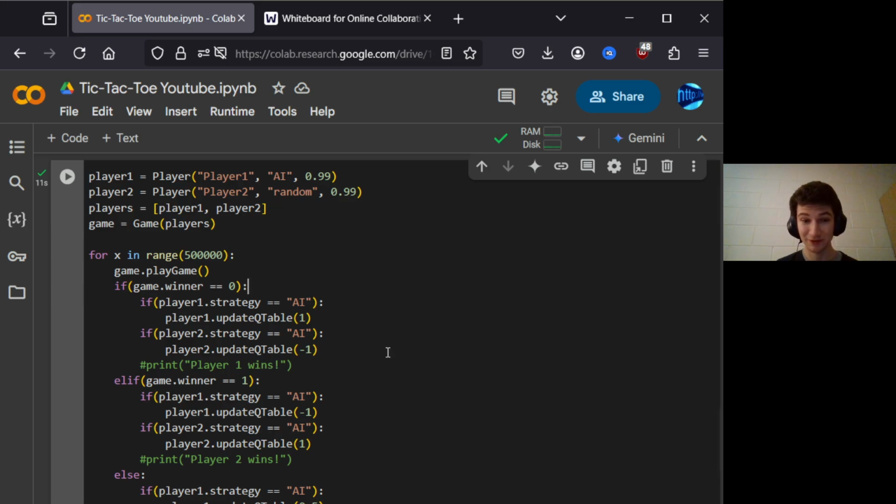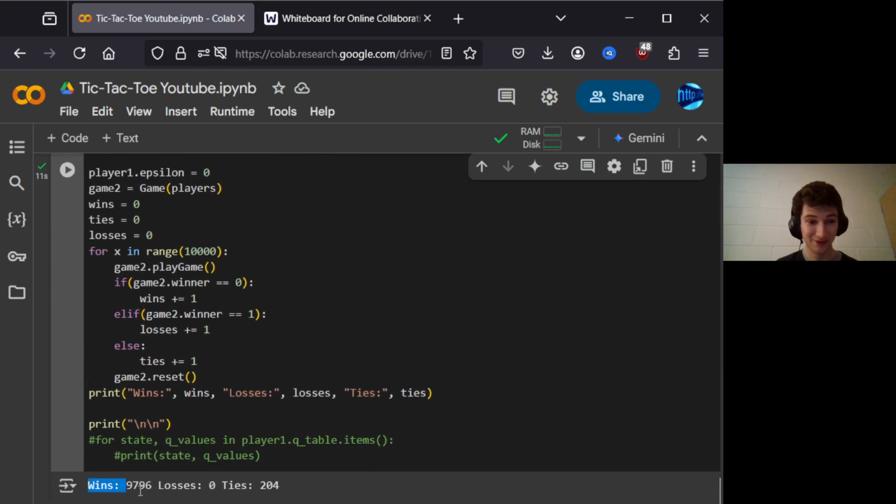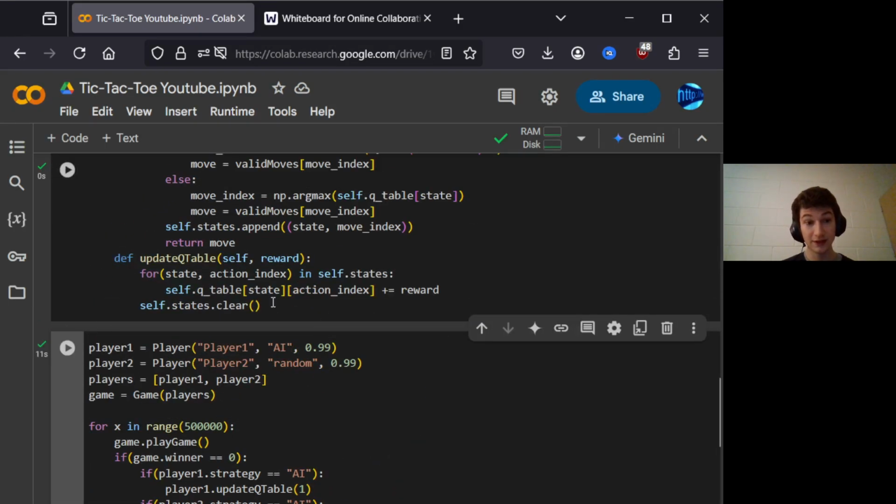And that's pretty much it. We've created a bot that's using Q-learning. It's recording all the game states, it's figuring out what the best moves are, and you can see it wins 97% of the time. If you want to get this higher, then you should look into the actual